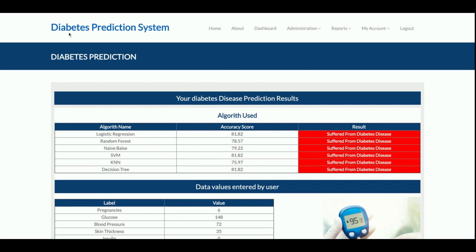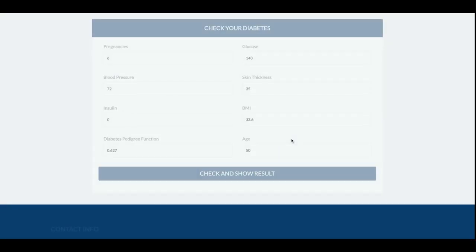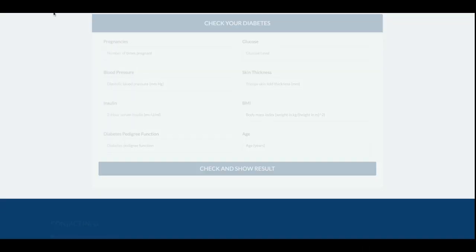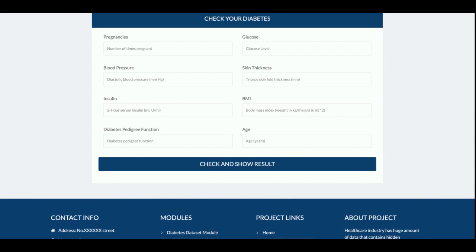Now what I am doing here is entering values which are negative, meaning you are not diabetic.